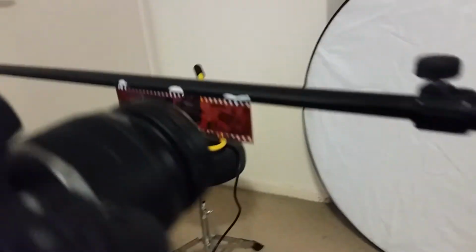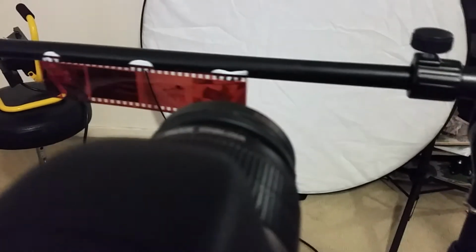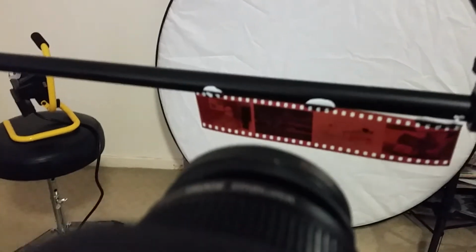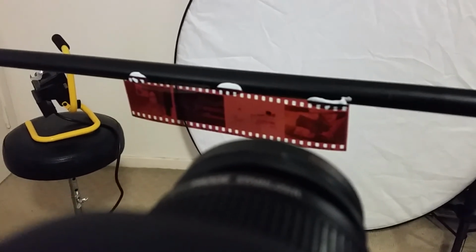Okay, so you see that? I just kind of hung it along there. I kind of draped it along the mic stand. If you just unscrew that, you can progress which shot you're actually using. So I'll start back here chronologically, and then you can just kind of move your way through, and that's how